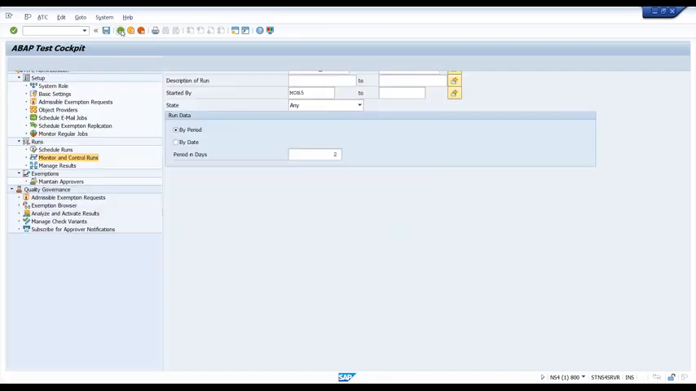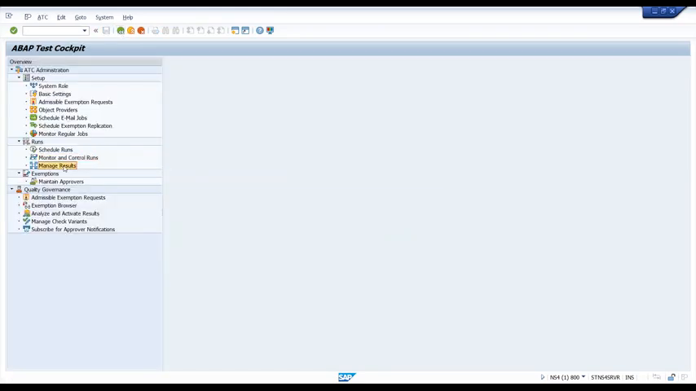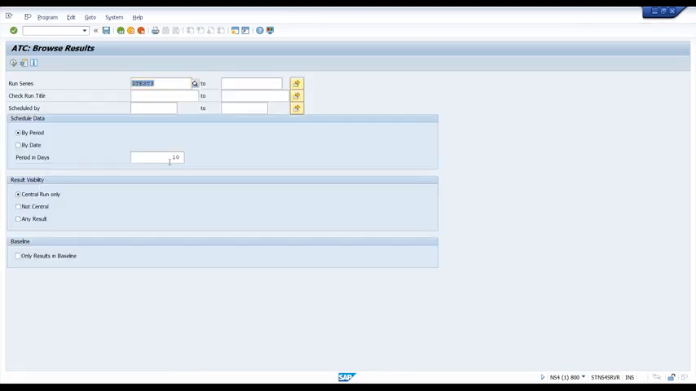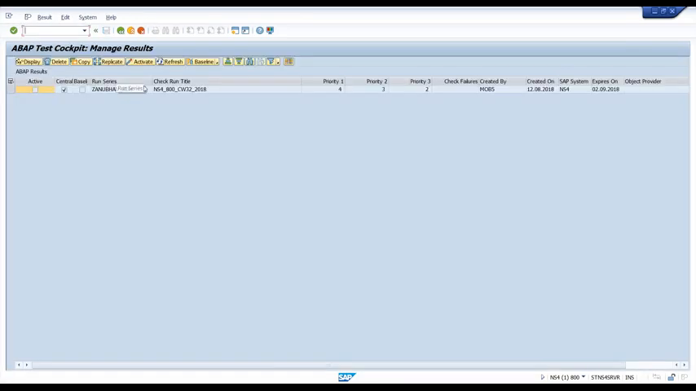results now. So I go back, I monitor the results, and I come to manage results. So it has produced some results now. So we can now go and check the results. So I can say my series name is Z Anubhav Suit on HANA, and I say execute, and it will show you the result. This is the result, and you can see there are 4 priority 1 findings and 3